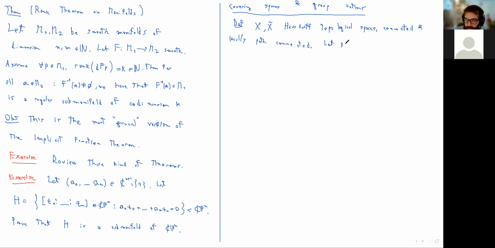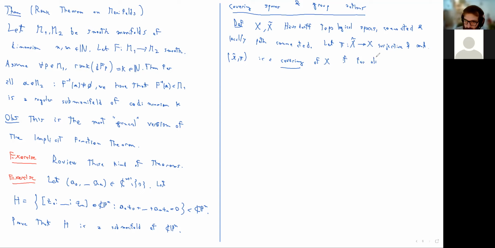We take pi from X tilde to X, surjective and continuous. And we say that (X tilde, pi) is a covering of X